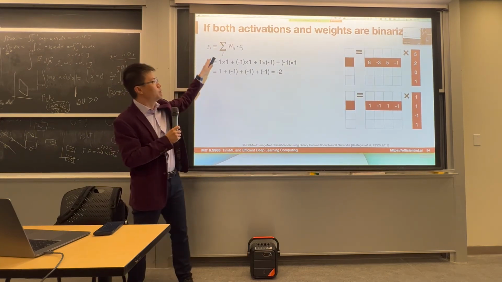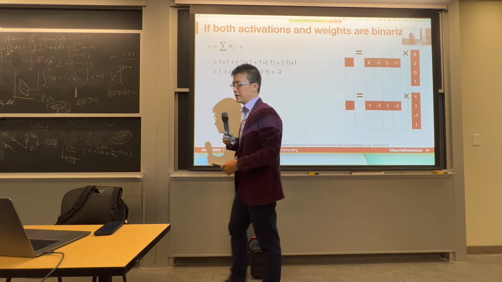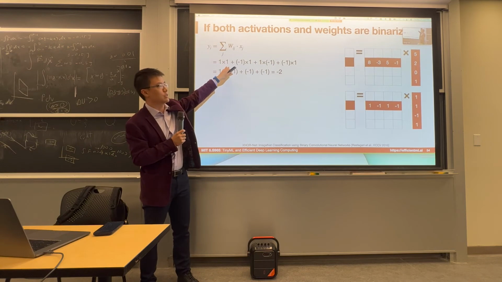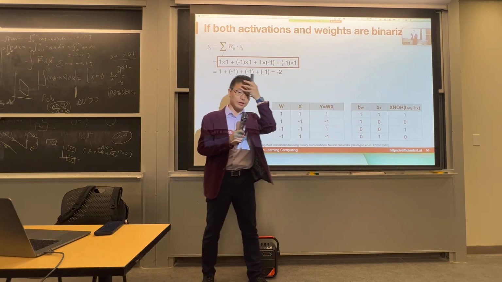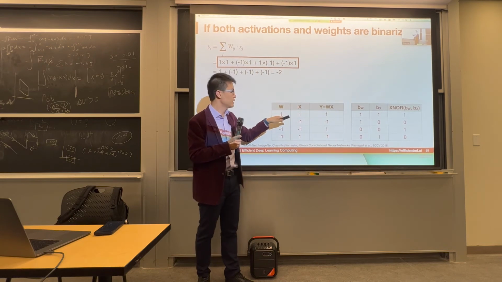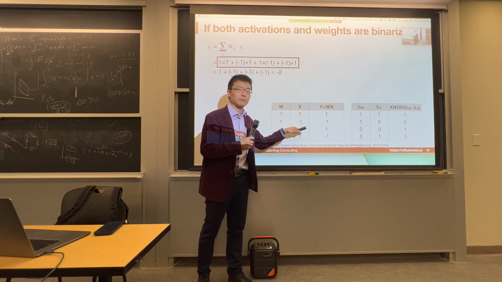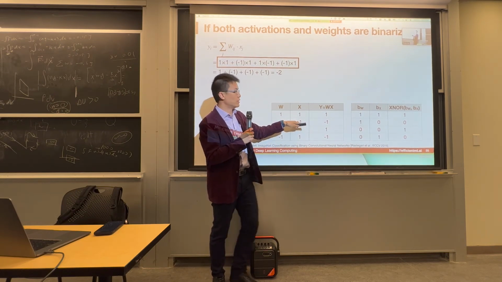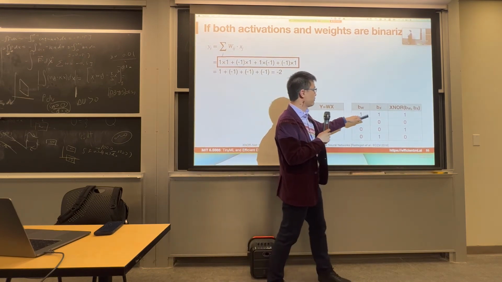Okay, so what about if both the weight and the activation is binary, either +1 or -1? So we can do even simpler calculation. So let's see how does it relate to the XNOR operation. So this is the truth table for the weight and the activation. 1, 1 is 1. 1 and minus 1, multiply them together is minus 1. Minus 1 and minus 1, the multiplication is plus 1, etc. Okay? And if we map all the minus 1 to be 0, actually we find it matches perfectly with the